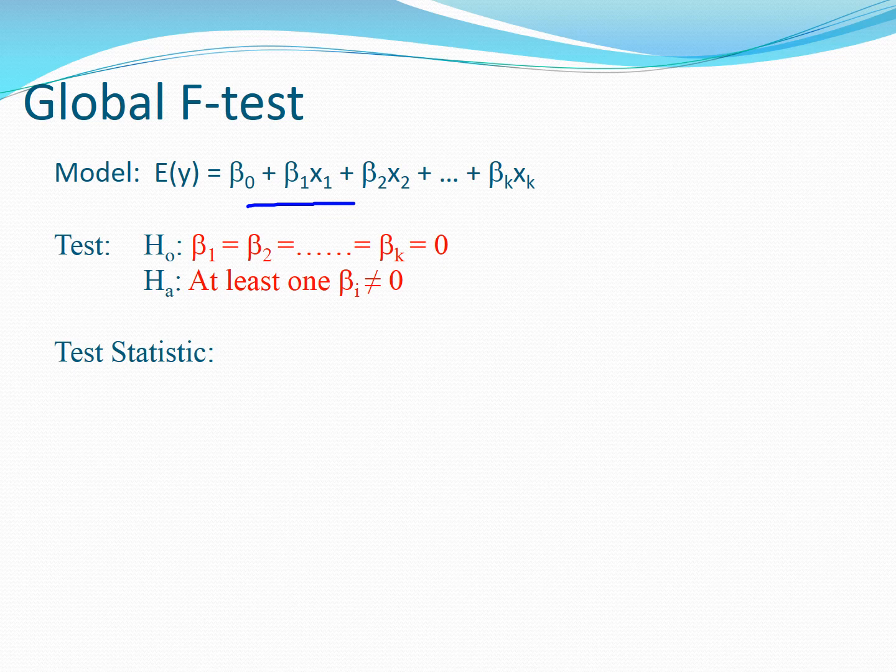By stating that, it's really saying X doesn't work. X is not a useful predictor of Y. And now I want to say not only X, and not only X1, I also want to say X2 and X3 and X4 and all the way up through XK. I want to say none of them work. And again, I'm writing this in the context of there being K different variables, but we can also talk about